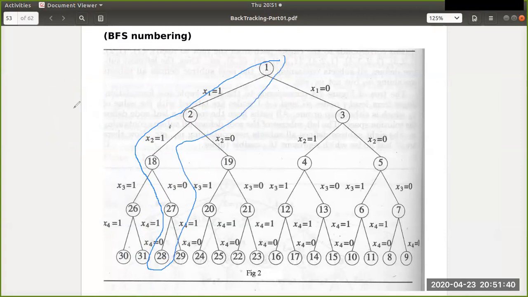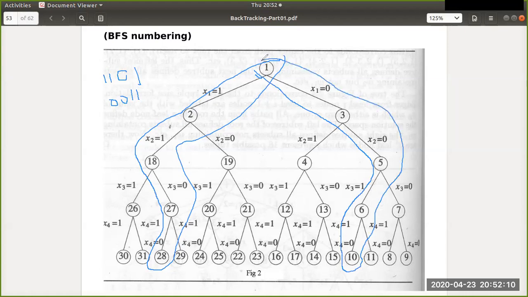Yes. Another solution, I told you that this is the first solution, 1 1 0 0, first problem. This is the solution for the first problem. And the second problem solution is including the third and fourth item. So this is the solution. First item not included, second item not included, and third item is included, and fourth item is included. So this is the solution for this. So this is equal to 31 for the first problem.